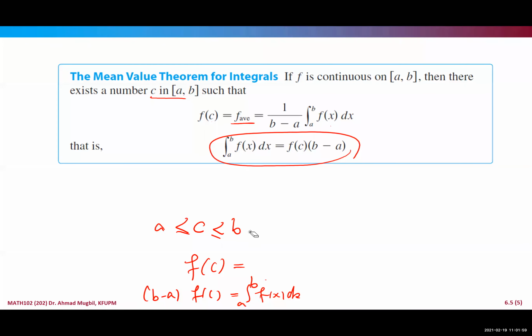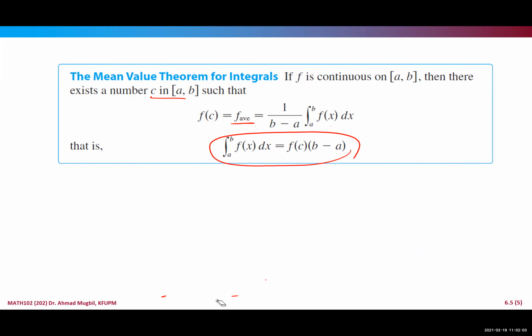And as I said, I mentioned that it is quite similar to the derivatives, because if you remember, for derivatives, we had f of c multiplied by b minus a, and here we have the derivative of the function at c equals this number. It is just another way to say that the average value of the function equals the value of the function at some number between a and b. That's it. So remember mainly this form, which comes from cross multiplying.